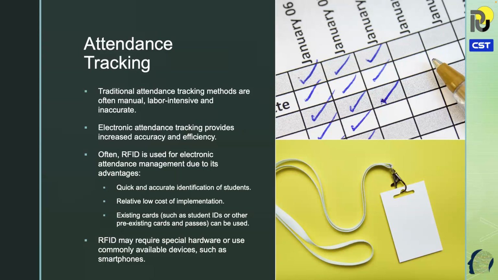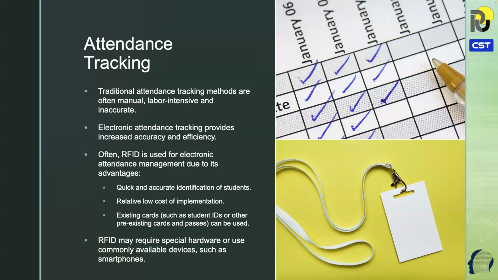So when we're talking about electronic attendance management and tracking, RFID, or radio frequency identification, is very often used because it has some key advantages. It allows for quick and accurate identification of students. It has a relatively low cost of implementation. It is completely relative to the setting where it's implemented. And even if we want to be